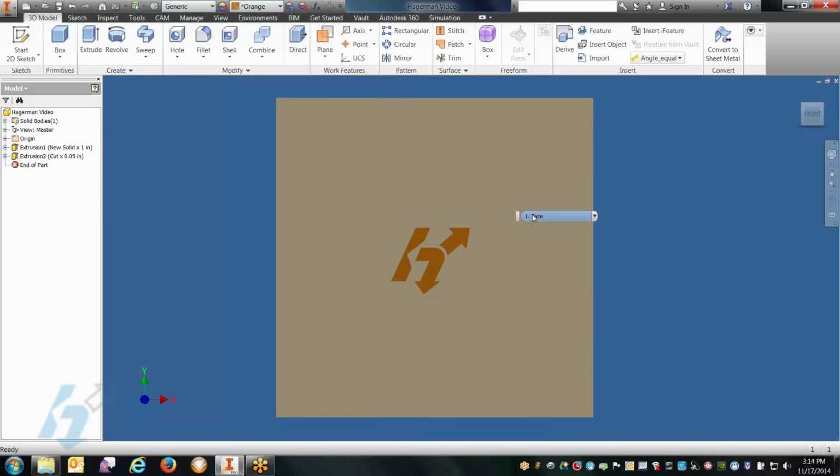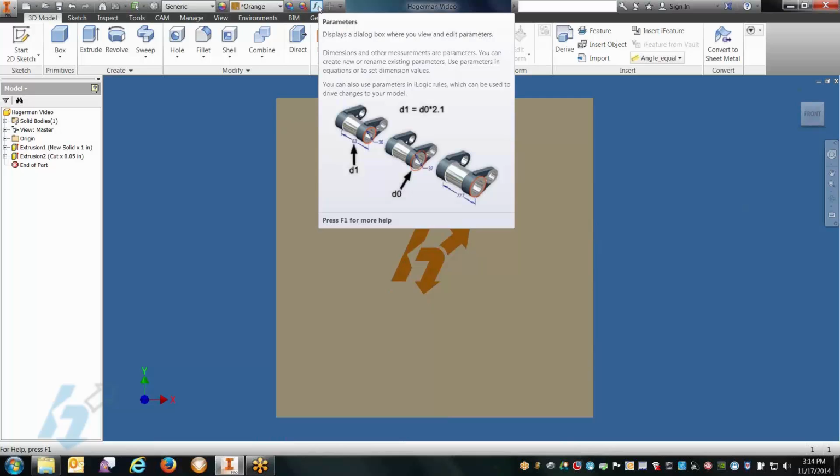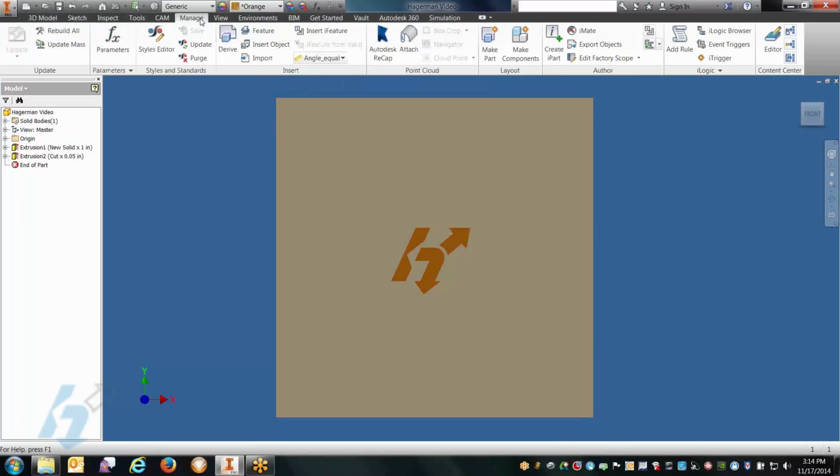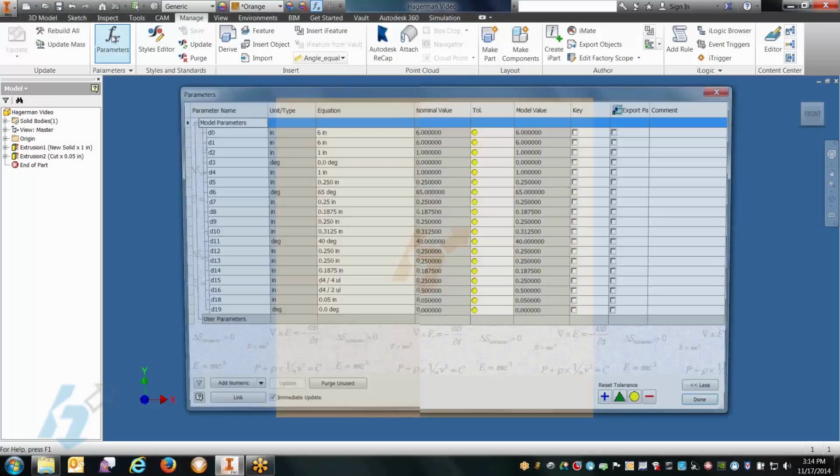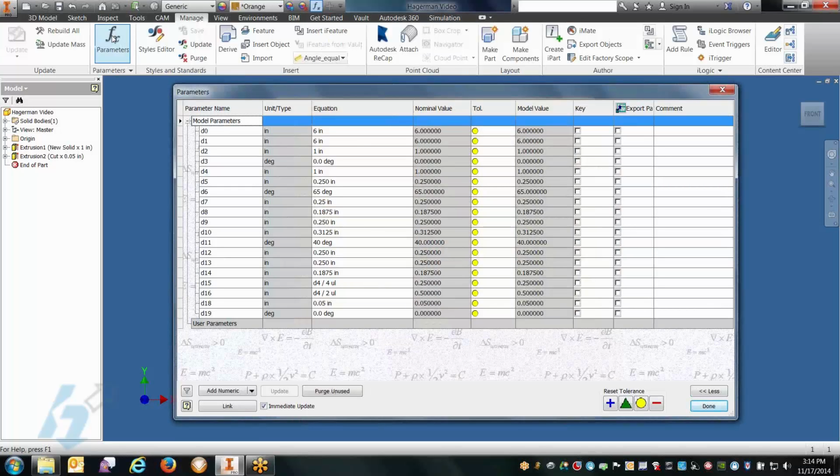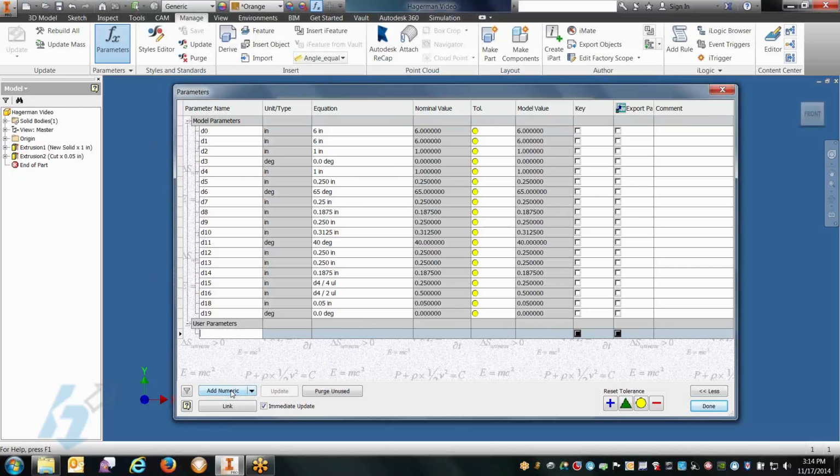Now I'm going to show you how to make it scalable. I'm going to go into my parameters menu. You can reach it at the top toolbar, or I can go to Manage Parameters, and you'll see a listing of all the dimensions that are used to build this part. The first few dimensions here are the block itself. Everything else is that Hagerman logo that I was showing you. I'm going to add a user parameter. I'm just simply going to call it